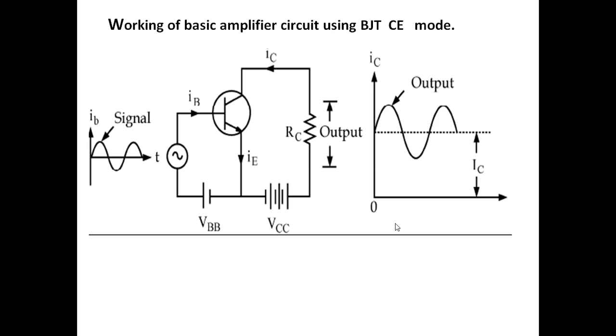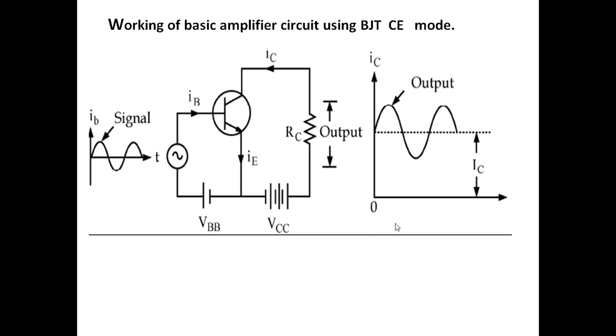By using these, we come to know which transistor configuration can be used, and which configuration has more advantages than others. From the previous discussions, we came to know that the common emitter configuration has more advantages than the other two, that is, common base and common collector. Therefore, this common emitter configuration is used as an amplifier.